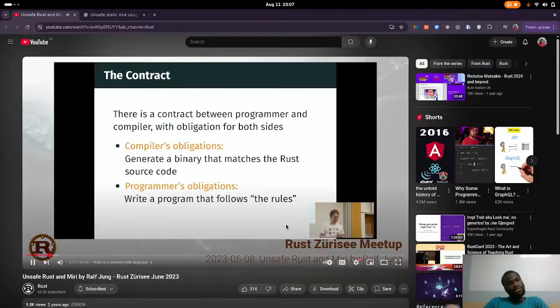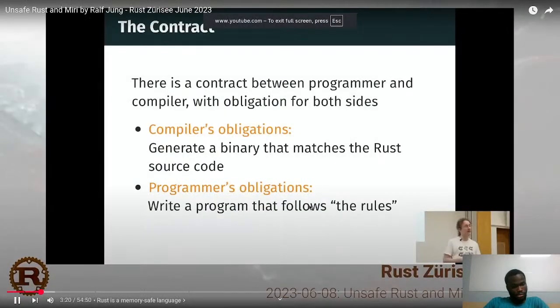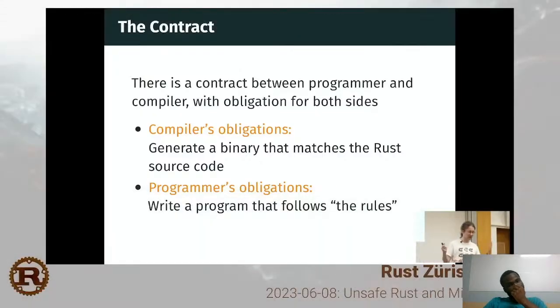A nice way to think about this is that you're entering a contract with the compiler where both parties have obligations and rights or privileges. And the key obligation of both sides is that on the one hand, the compiler is obligated to generate a